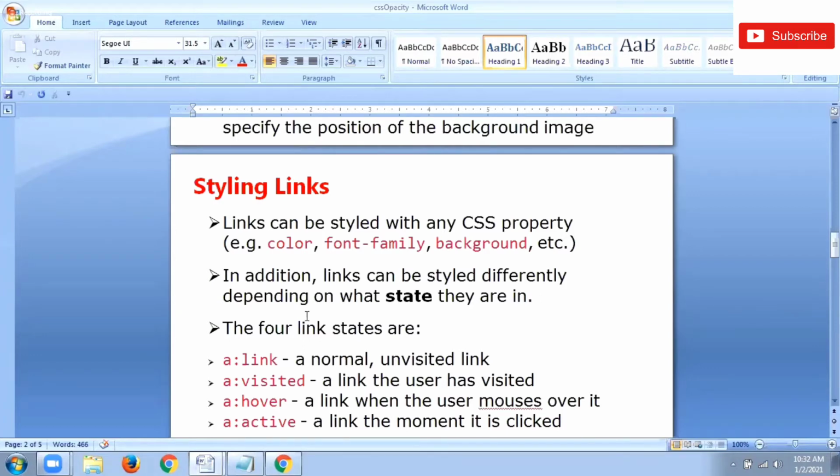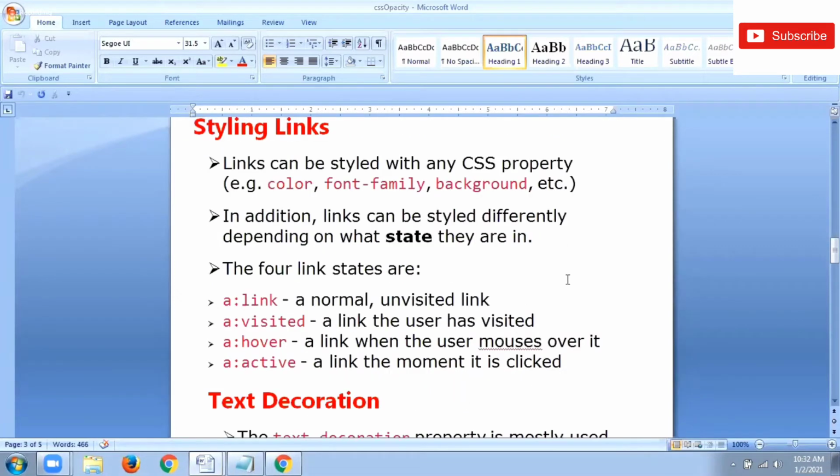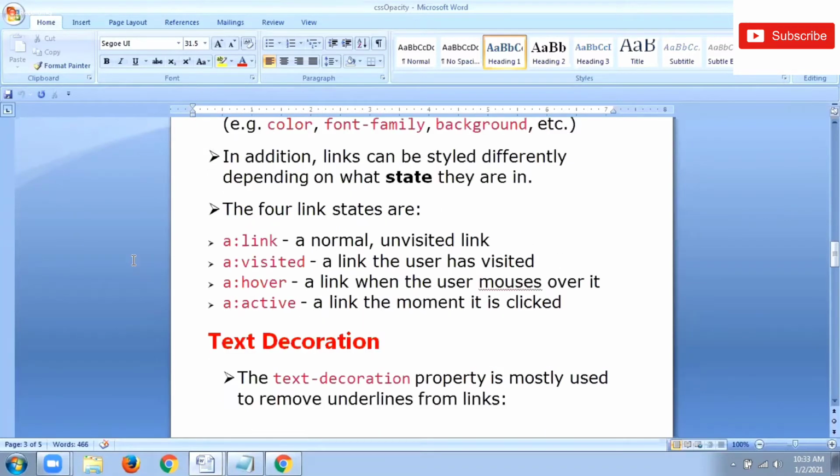In the same way, there are 4 different link states that can be supported by CSS links. Okay, 4 different states are there for a particular CSS link. So what are the 4 different link states? First, a colon link.